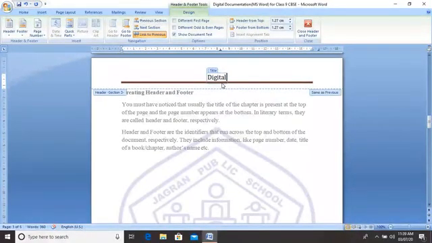Digital documentation, MS Word. This is the title. Now I want to add a page number, add footer.